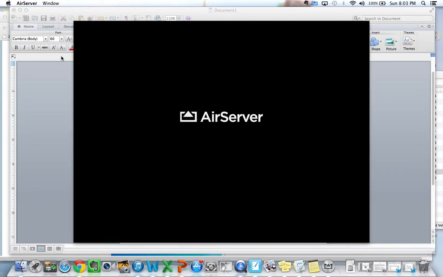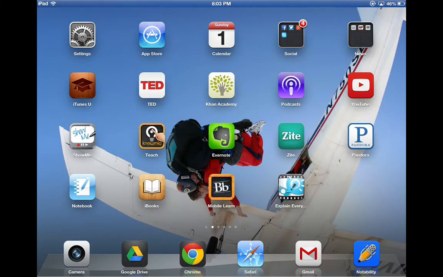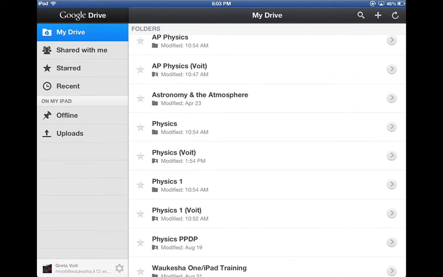The first thing you need to know is that as you're getting your blank homework assignments or blank activity handouts, those are all going to be located within Google Drive. So Google Drive is that green, yellow, and blue triangle in the lower portion of my screen. You're going to want to click on Google Drive. And when you click on Google Drive, you're going to see that you have various files that have been shared with you. So what you're going to want to do is click on the file that I shared with you,